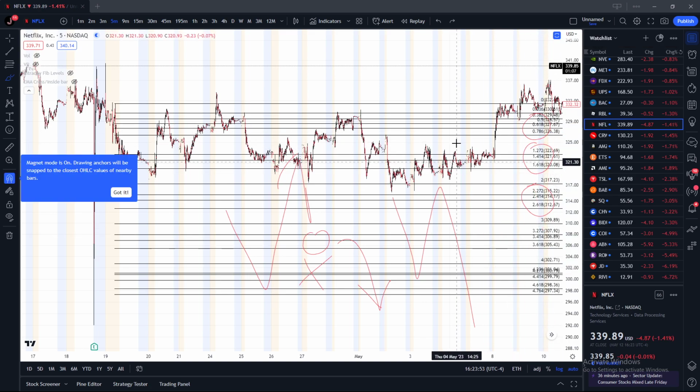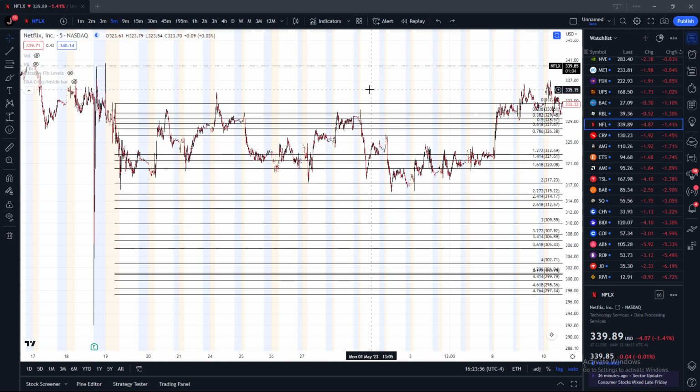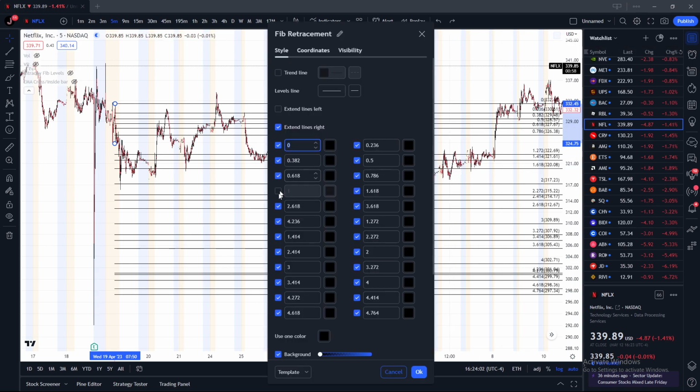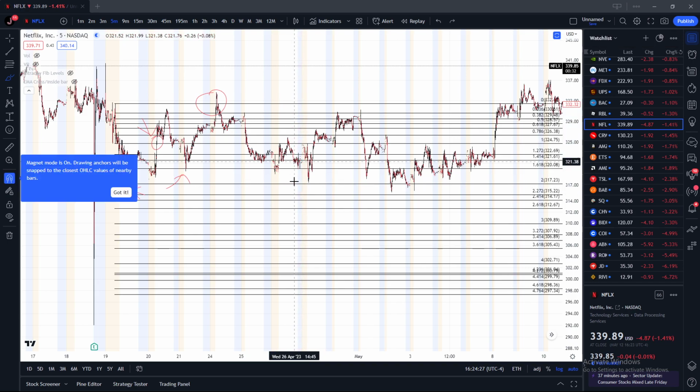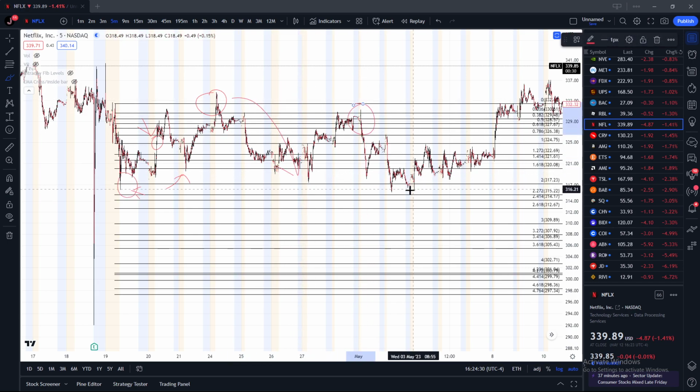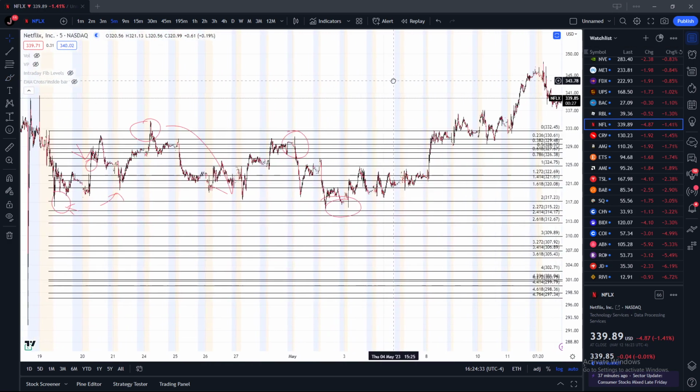You have to understand that the impulses will be different depending on what they want to do with that stock. In this example, I'm going to put this exact fib on as well so everyone sees the difference. When you bounce off a 2, what do you think would likely hit, if it's 0, 1, 2, 3, 4, and so on? A 2 bounce has to reverse into a 1, and that 1 confirms a 0, as long as you're holding above it. Again, it's not strong, so see how the 0 comes back down to the 2? Then they make a lower high, it's accumulated again, and then the trend changed.